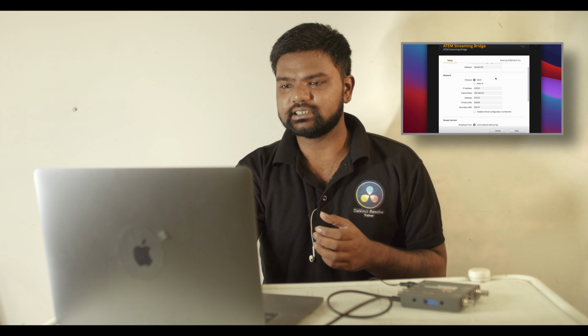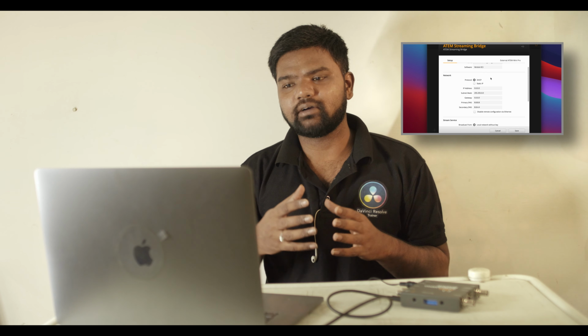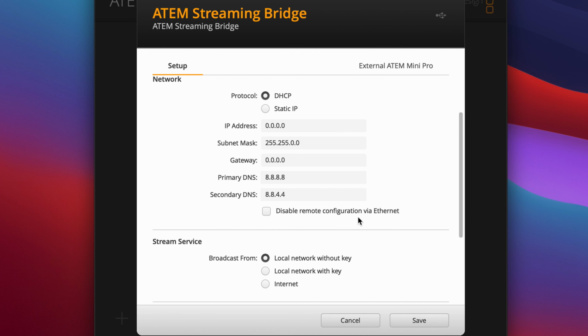Basically it should be able to detect your ATEM Mini Pro with a direct Ethernet connection, because it ships with DHCP. If you want to have your own static IP, you can also do that. And there is the option to disable remote configuration via Ethernet. For example, this is designed to connect via Ethernet, I mean for LAN connectivity from a local area network with different buildings.